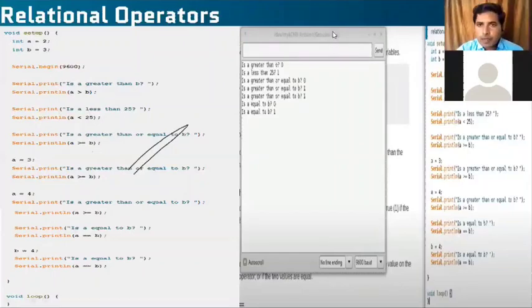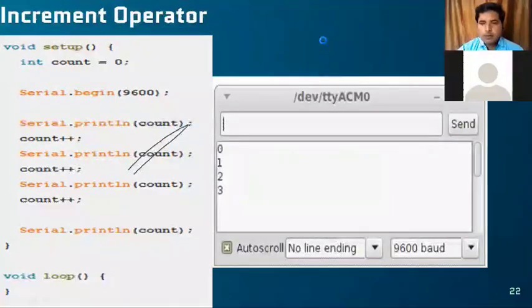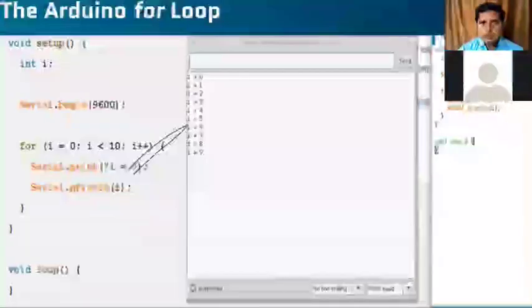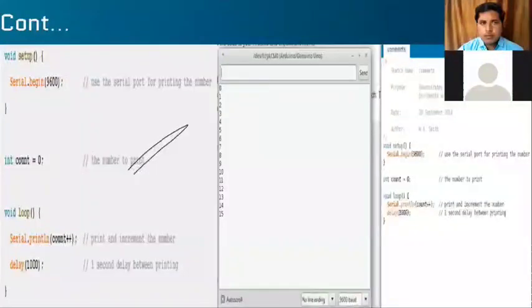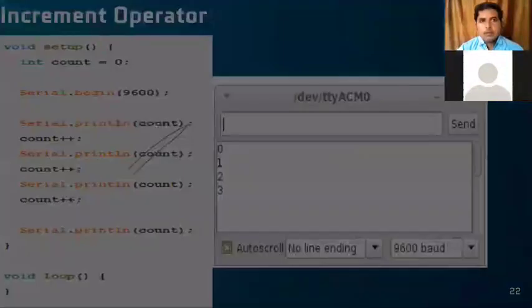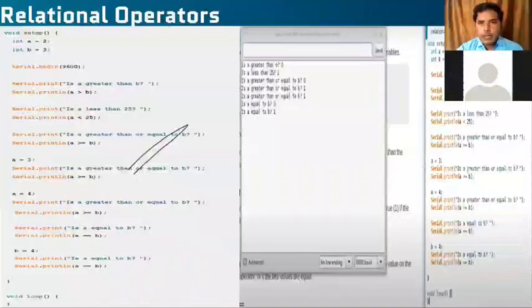Here I am not displaying any values. Okay, in the relational operators, I'm not displaying any values. Whenever you write relational operators, it shows only a 0 or 1.